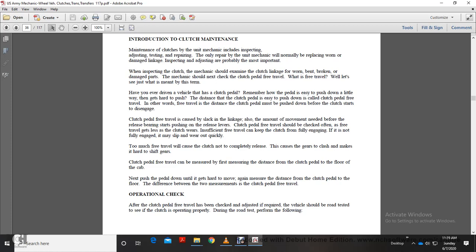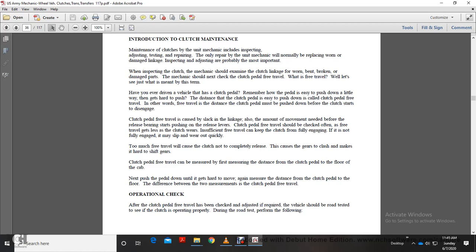If you drive a vehicle that has a clutch pedal, remember that the pedal is always easy to push down a little way before a harder push is needed. The distance the clutch pedal is easily pushed down is called the clutch pedal free travel. In other words, free travel is the distance the clutch pedal must be pushed down before the clutch starts to disengage. Clutch pedal free travel is caused by slack in the linkage and is the amount of movement needed before